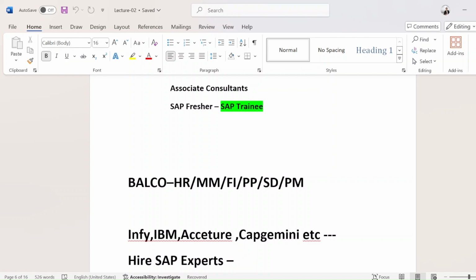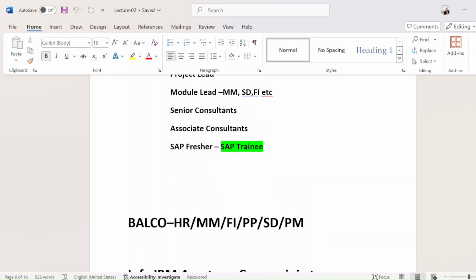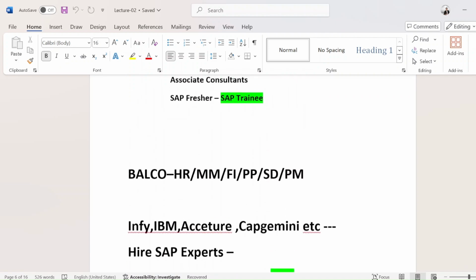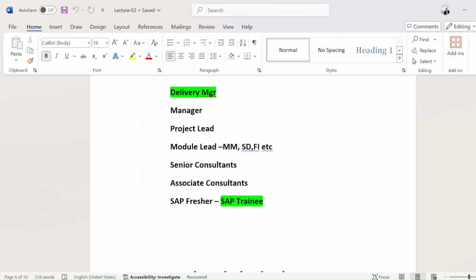That's the technical side, right? And Basis is also there, where the installation part and server part is taken care of by the Basis consultant. So these are the core modules in SAP. Otherwise, there are more than 100 modules in SAP, but I'm just talking about the core modules here, right?